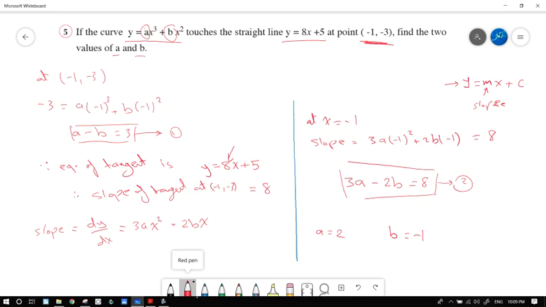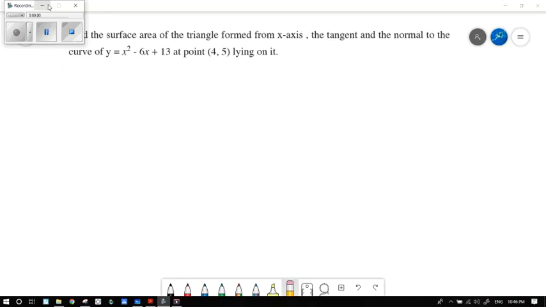Now let's move to another example, and finally the last example in this lesson. It's about finding the surface area of the triangle formed from the x-axis, the tangent, and the normal to the tangent to the curve y equals x^2 minus 8x plus 13 at the point (4, 5) lying on it. So here we have a required triangle to find the area of, and the triangle is